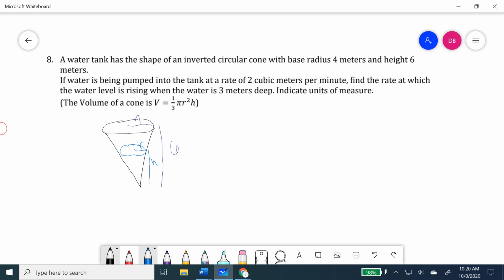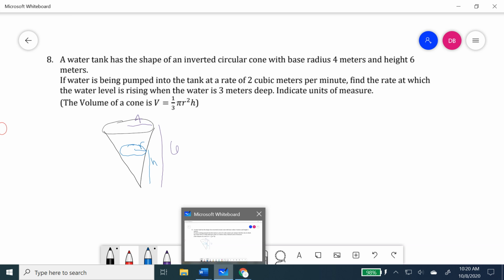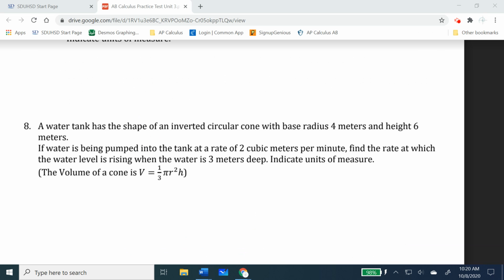When you hit any related rates problem, though, your first focus should be what rates of change are they giving me? What rates of change are they asking me for? You can draw the picture first, but as far as